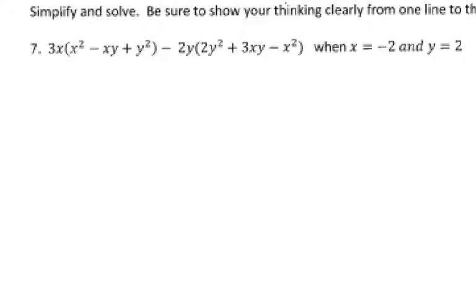The first thing I need to do is look at this problem, and what we have to do is take each of these multiplication complexes and distribute as much as we can. So for the first bracket, our results are going to be based on this distribution here, 3x into all those three parts. So we're going to get 3x cubed minus 3x squared y